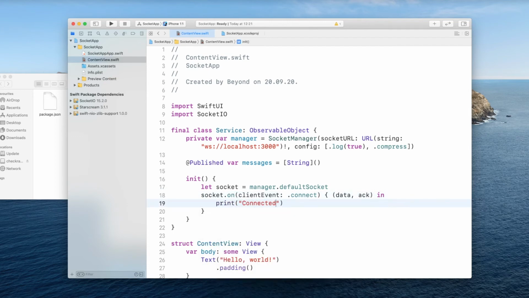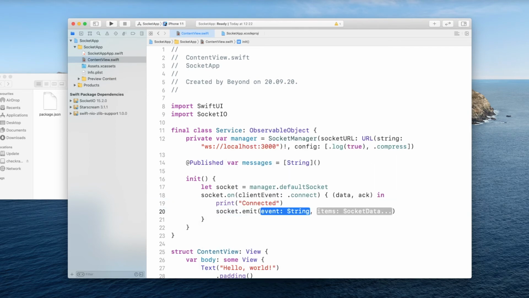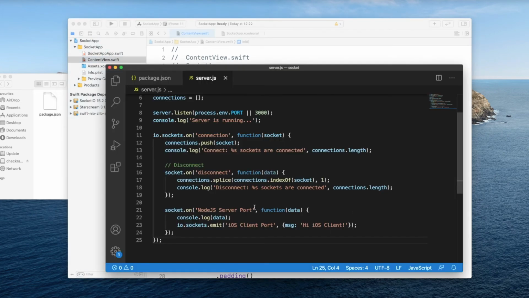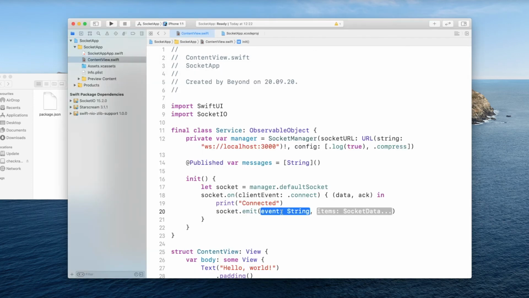So we can say connected. And as soon as we connected, we can send a message to our Node.js server. So we simply say socket.emit. Now this event string is basically going to be this right here. So I will just copy this and paste it in here as a string. And here we will pass our message, and I will simply say hi